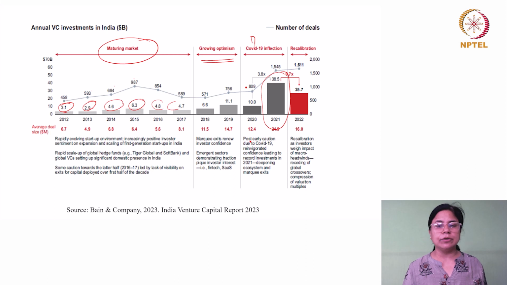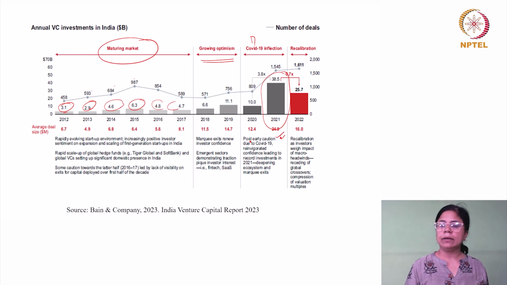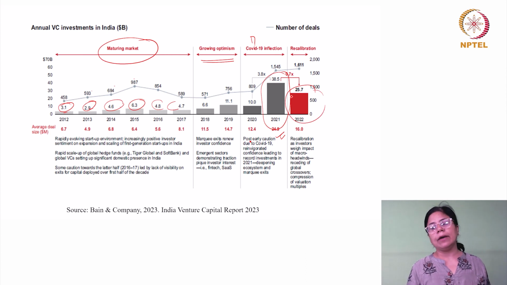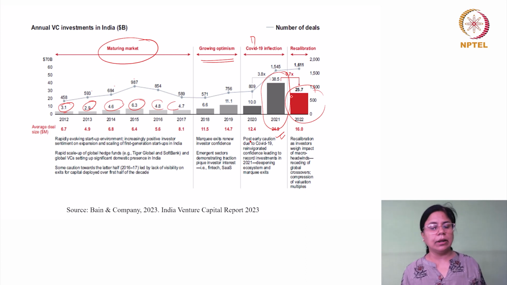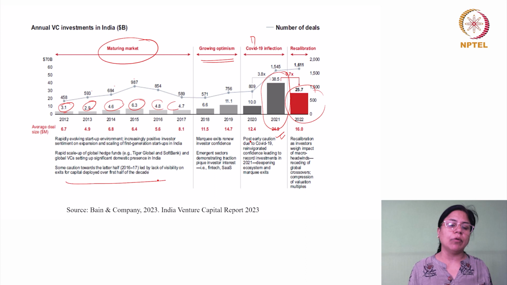So the overall average deal amount, amounting to $38.5 million, is clearly a case of a very strong comeback. A certain recalibration did happen in 2022, but we have a very clearly engaging market and a rapidly evolving R&D startup environment that we are looking at. So if you see the first phase, we have a very rapidly evolving R&D startup environment, the rapid scale up